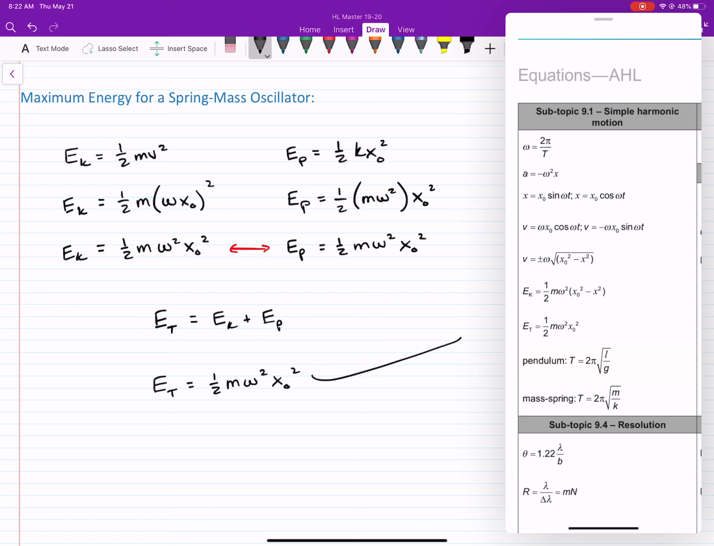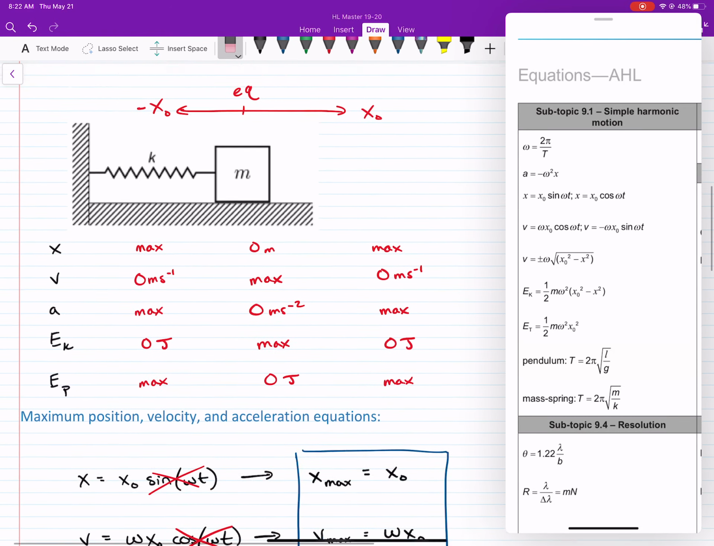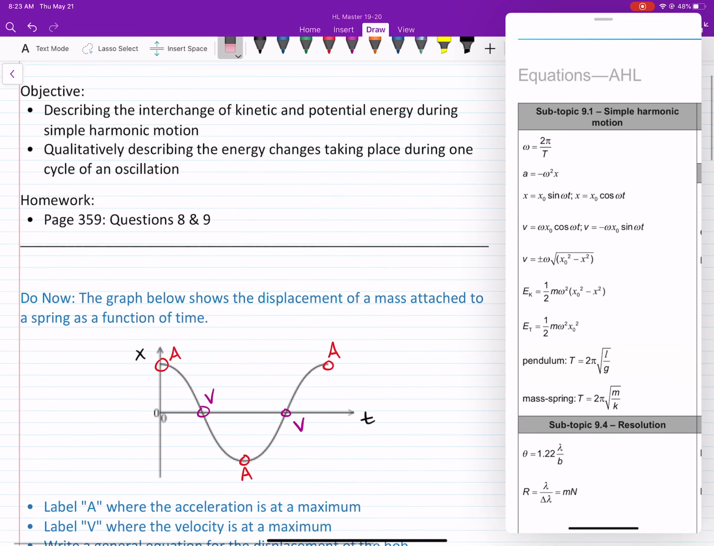So again, you should make sure you know where that is on the data booklet. And there is one other one here for kinetic energy at any specific location. We'll get into that in a different lesson. But today's lesson was all about maximums and the different locations where those happen. So I hope that helps you understand the types of energy we can see, where things are maximum, minimum, and how we identify those